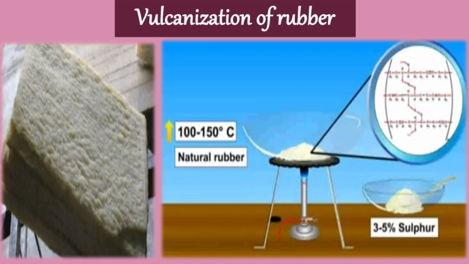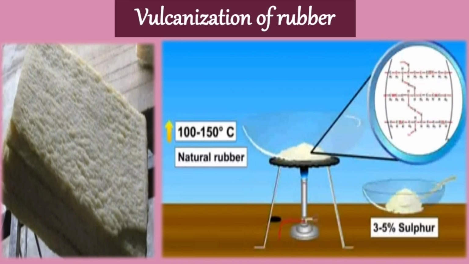To give hardness to the rubber, sulfur is mixed. As you can see, the rubber on the left hand side is soft, right? So to give it hardness, sulfur has been added. How much proportion of sulfur we will take in the mixture is determined by the purpose for which the rubber will be used.